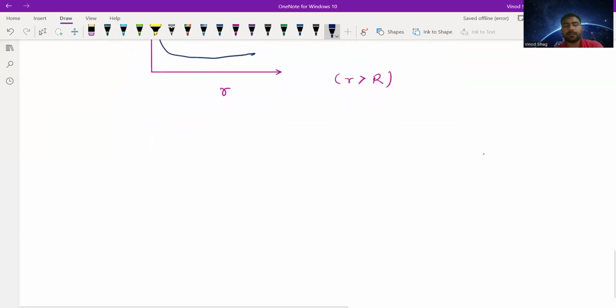And if we merge both the graphs, then we will get the graph such as,